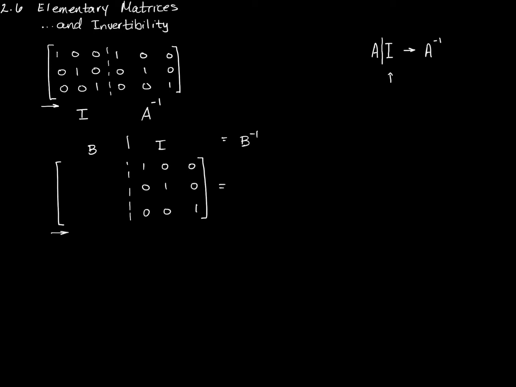So I'm going to start with an elementary matrix. Let's see what happens if I take the identity matrix and do 3 times row 1 plus row 3, and I'll put that in row 3. So if I were starting with the identity matrix and I multiplied everything in row 1 by 3, I get a 3, 0, 0 here. And then I'm going to add 3, 0 and 0 to 0, 0, and 1 respectively, which gives me,